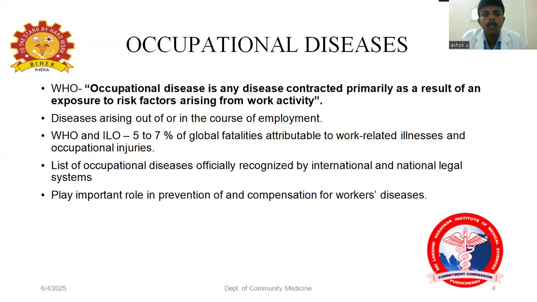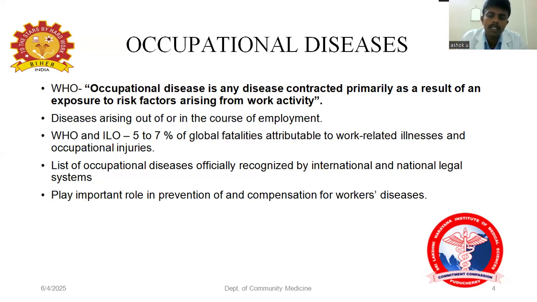Coming to occupational diseases, how do we define them? The World Health Organization defines occupational disease as any disease which is contracted primarily as a result of an exposure to risk factors arising from work activity. So it is any disease that a person gets due to the occupation in which he or she is involved. If he is working in a coal industry, he can get coal workers' pneumoconiosis,